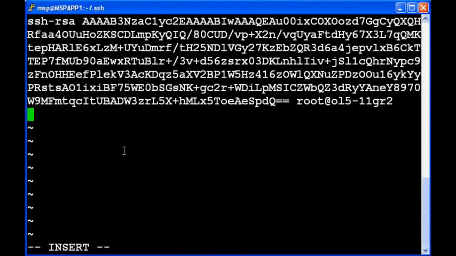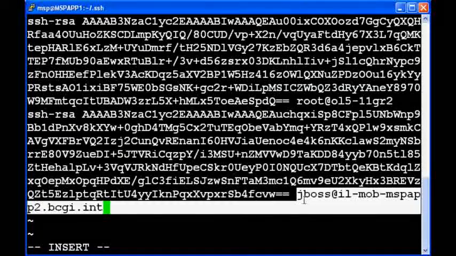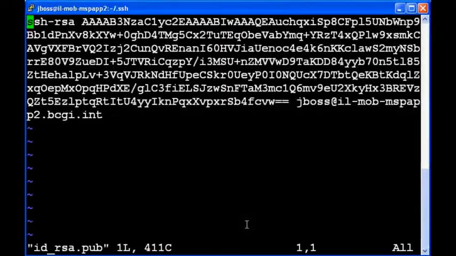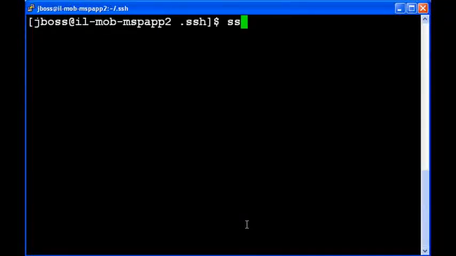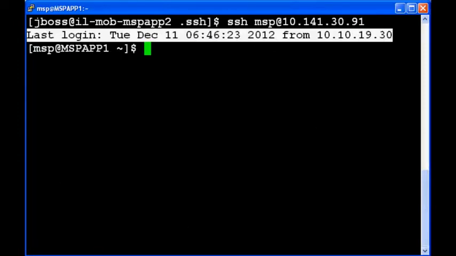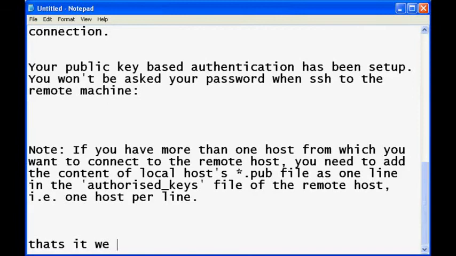So if you can see, this is your first connection, and I'll add the second public key here. So that's your first public key, and that's your second public key. If you want to add multiple, you can add multiple here. So I'll add 2. I'll close this. I'll SSH from this machine now once again. It is not asking me for a password, right? So you can add multiple keys to your authorized_keys file for multiple logins from different machines.